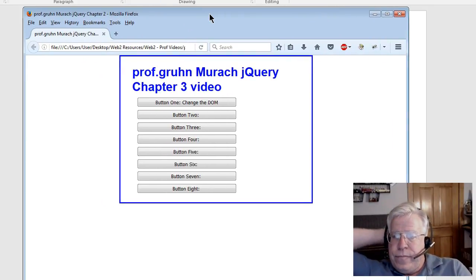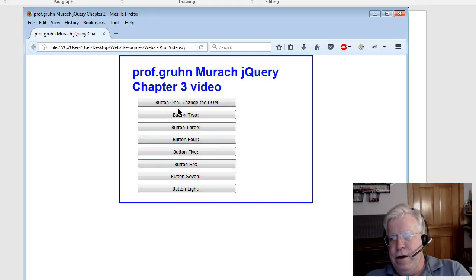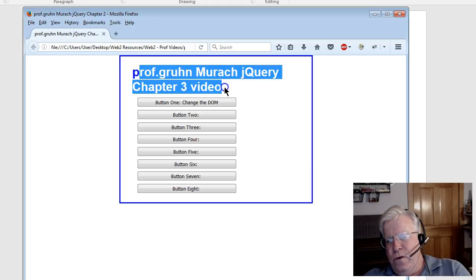I've got this page here where basically I took my template page from chapter 2 that I had created in the second video, and stripped out all of the function code. None of these buttons work except this first one. And as I go through the chapter, I'll add something. Notice that